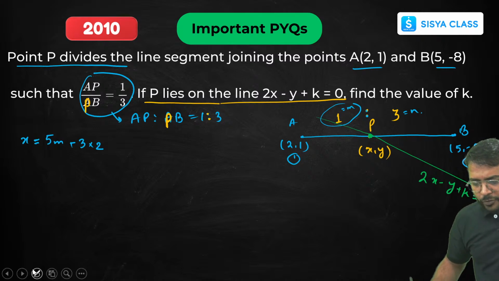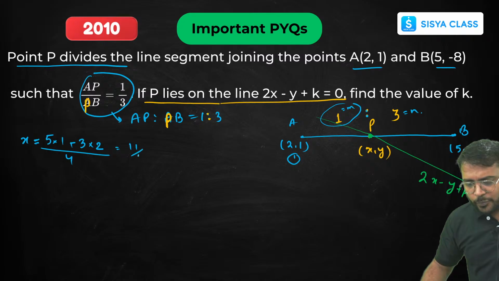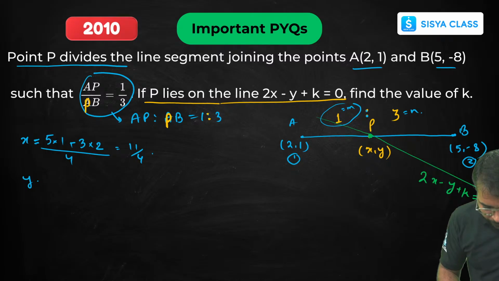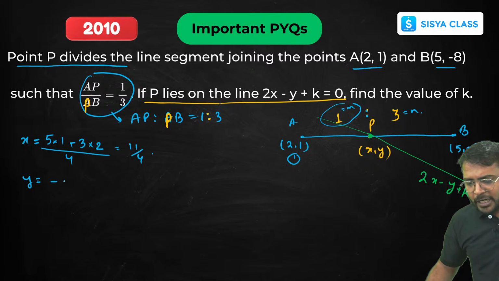beta, m is 1, okay, here your m is 1, all right, divided by 3 plus 1 4, okay, that means it is going to be 6 plus 5 11, this is going to be 11 by 4, all right, okay fine. What is going to be the coordinate of point y का coordinate क्या होगा बेटा, again m into y2, 1 into minus 8, that means minus,